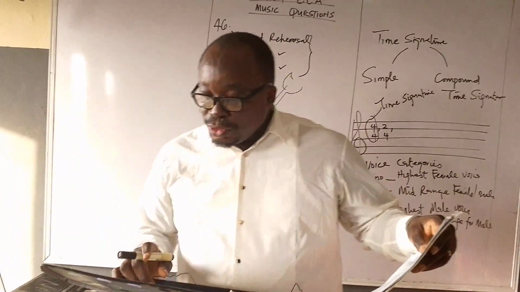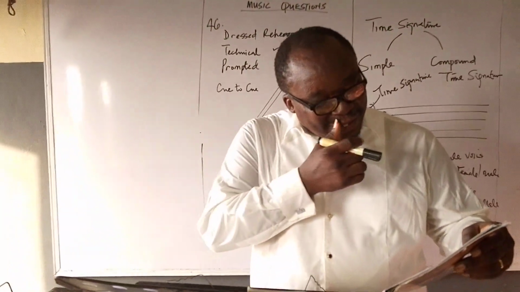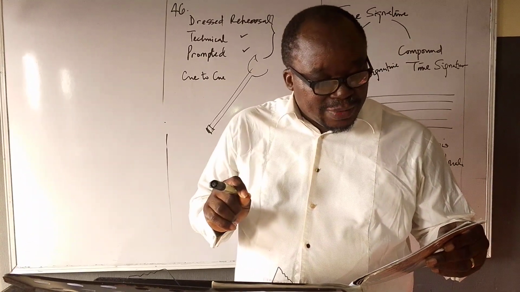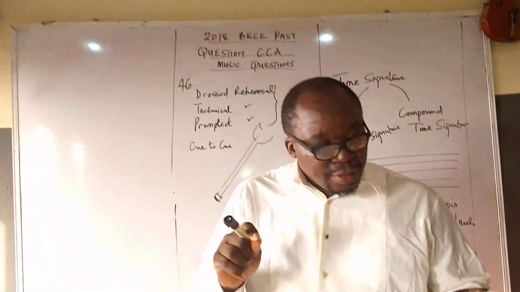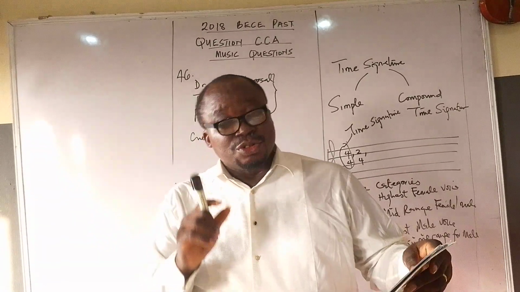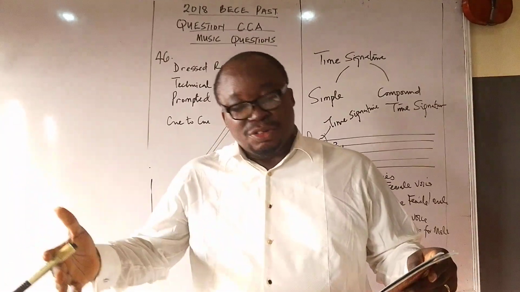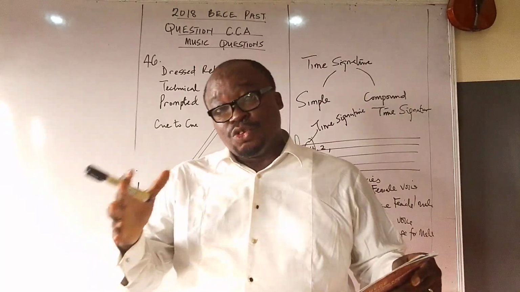The next question we will be looking at is question number 67. That states, three examples of brass family among the Western musical instruments. Of course, I told you earlier that Western musical instruments are instruments produced outside the African continent. That's why they are referred to as Western. They are also grouped into 4.